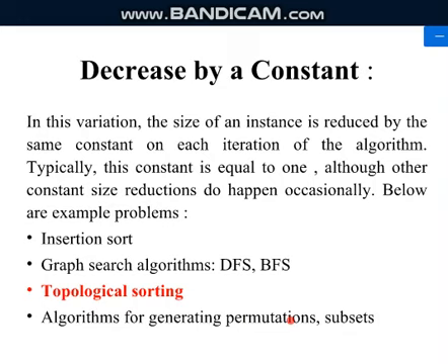Permutations and subsets, again permutations, and you have it step by step, isn't it? Every time you go for the next iteration, you decrease it by 1 only. If I want to calculate, for example, nPr, then n factorial means n into n minus 1 into n minus 2. So every time you are decreasing it by 1 and then finally finding the solution. That is what is decreased by a constant. Every time you are decreasing it by some constant value.